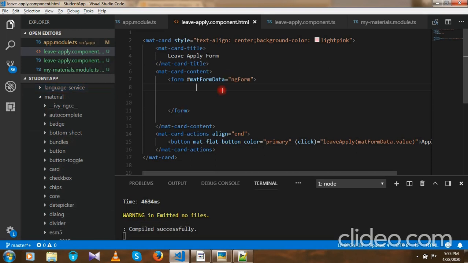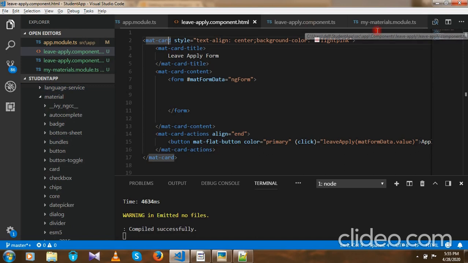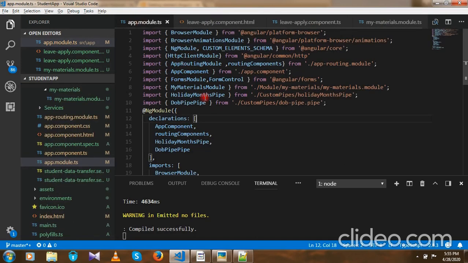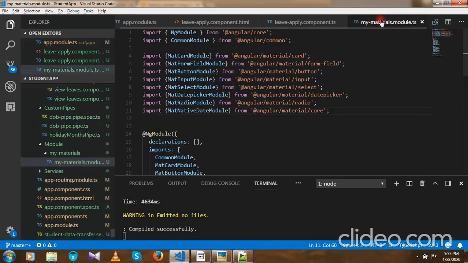So let's see how to build this material form. I have already used one material feature called mat card. To use this one, we have to import the material card module into our app module. If you see here, I did not import material card directly in the app module. I have created my custom module called my material module, and I have imported all the material modules in this module.